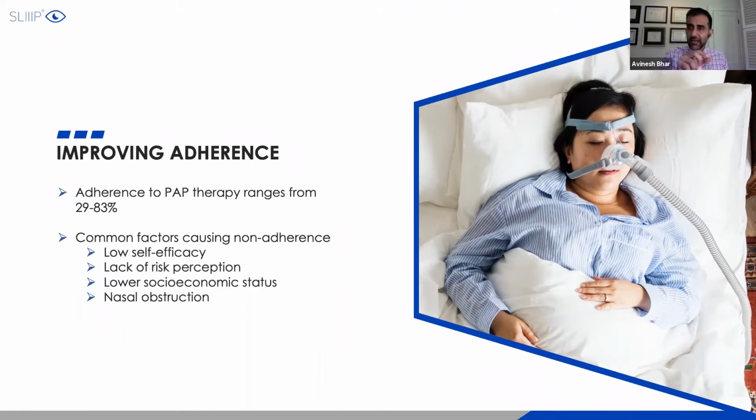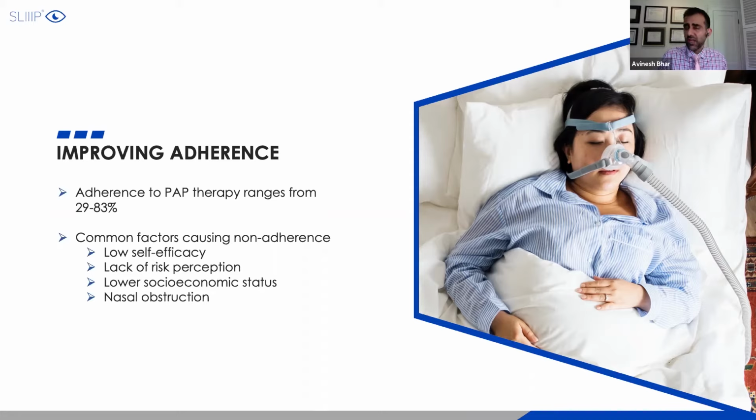So you want to tie in what they're getting in terms of the evaluation and what the treatment may mean for their overall health. Even if they're not perceiving any sleepiness and so on, and they were forced by their partner because they're snoring, the goal here is to actually tie in all their medical problems, their symptoms, and what PAP therapy could potentially do for them. Now, obviously, they say they're not sleepy or tired, I'm just forced here by my spouse. You have to educate them about that.